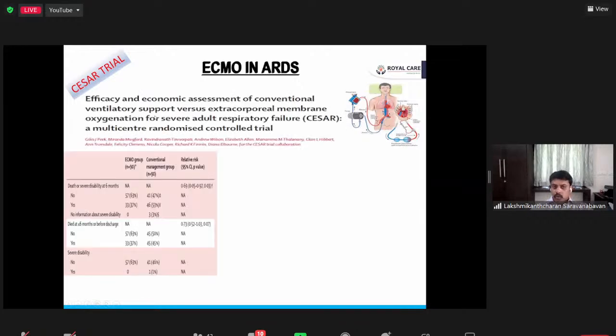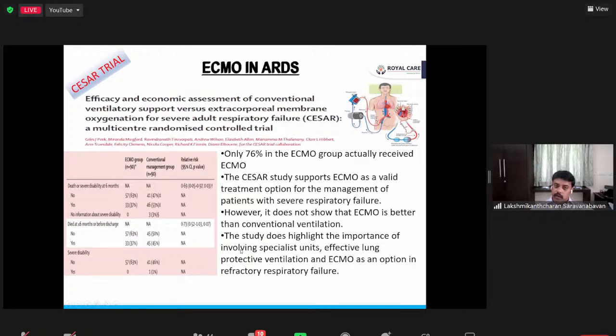This was showing a definite improvement in mortality in patients in whom ECMO was used. The p-value was almost less than 0.01, and it was showing an improvement in the mortality. So initially, after the study came, almost everyone was jumping to say that ECMO was the magic bullet for ARDS management. But later, this study was further analyzed, and it was found that it was the difference between a